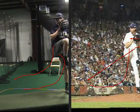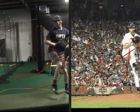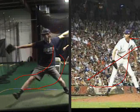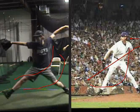Okay, so let's get a couple clicks forward and let's watch that front line. Now you can see how yours goes out and around, and see how Randy's front side on that line is very directional, in a straight line right at the plate. Now when we get to this one, you can see how you got your toe up. That's a real problem. And see how this leg is already locked here. That's a real problem as well, because now when that front foot strikes,